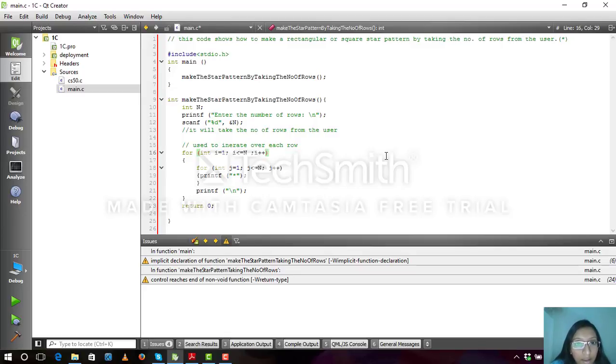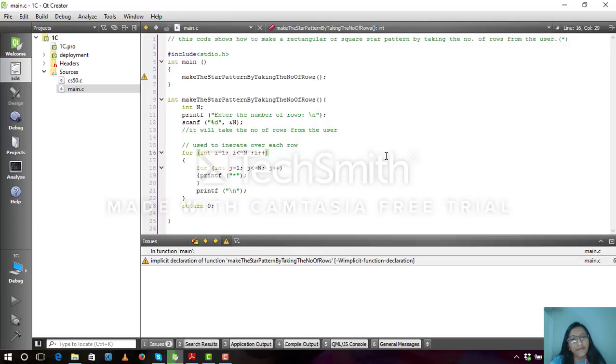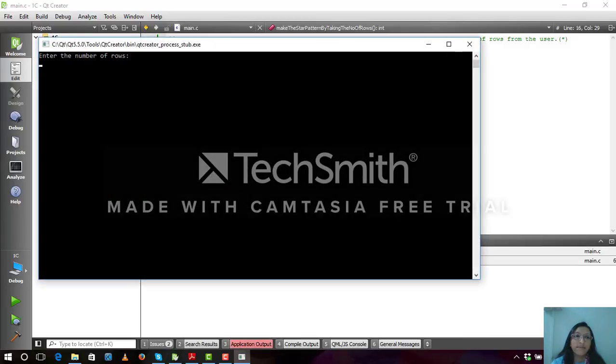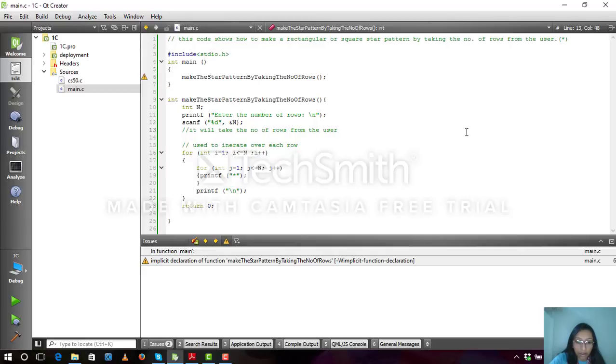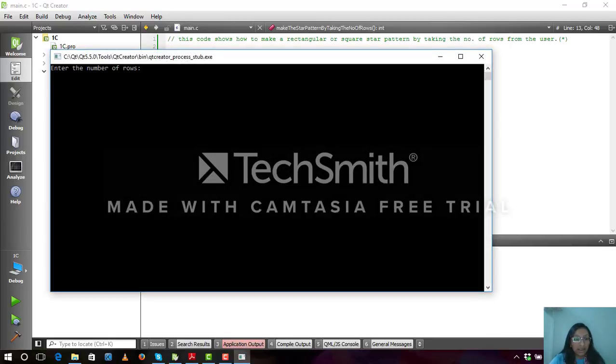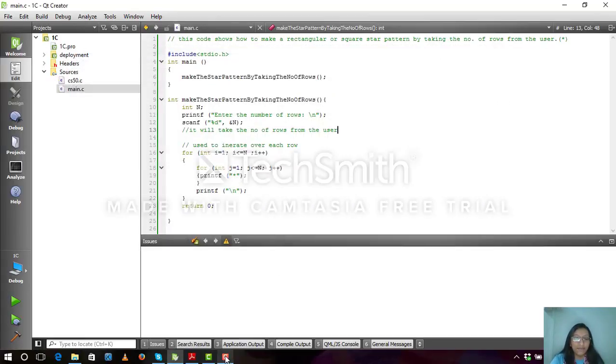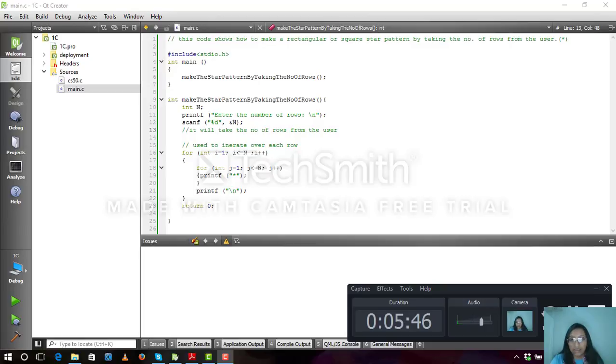Okay, let's see. Everything is alright. Enter the number of rows. Let us give 7. Yeah, it perfectly shows 7 rows, 7 columns, and the whole pattern is filled up with stars. So this is the star pattern we wanted. So let's see another example. Let's give 11. Yeah, it's perfectly done. So how it works. It is shown how it